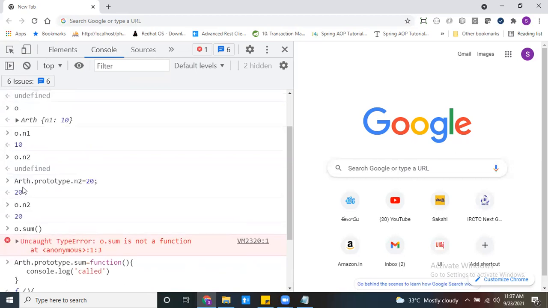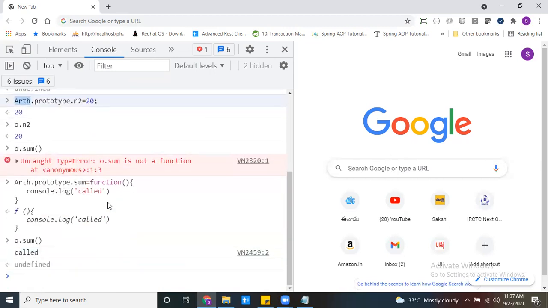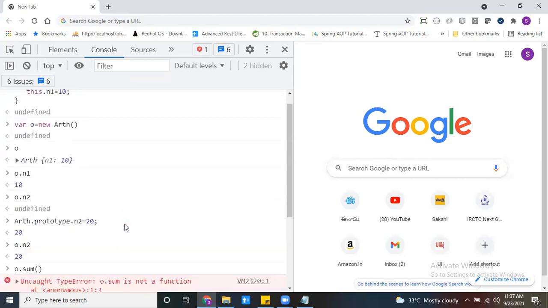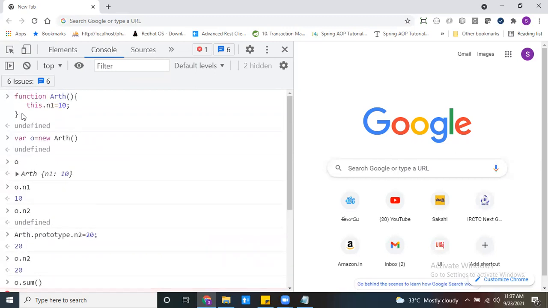So the final conclusion is: if you want to inherit a variable into my arithmetic functional class, we can inherit like this. If you want to inherit a function, a method, into a functional class, we can inherit like this. This is the way inheritance works for functional classes, which we can also call constructor classes.